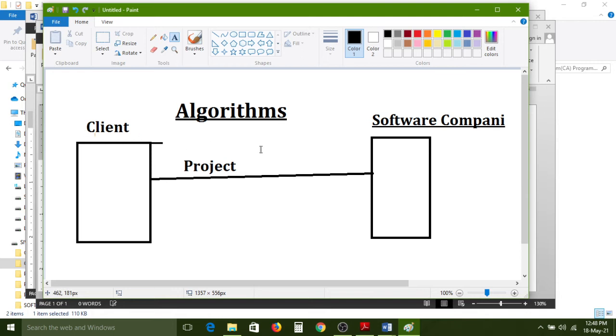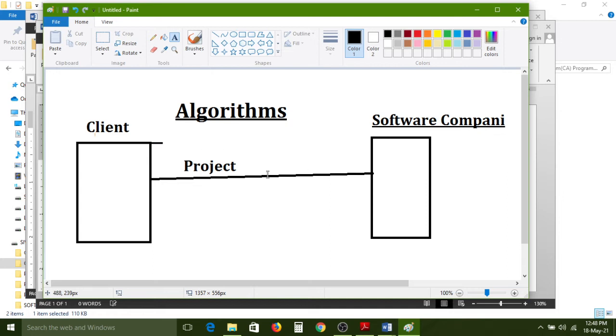If he knew the code, why would he approach the software company? Not required.